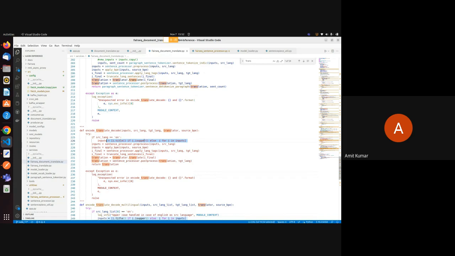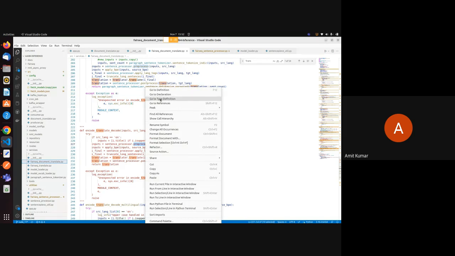Basically we have the sentences in the inputs, so we are creating the list of those sentences. Next, we are pre-processing those sentences. Here in the pre-processor step, we are passing two parameters: the set of sentences as well as the source language. So if you go to the definition of it,